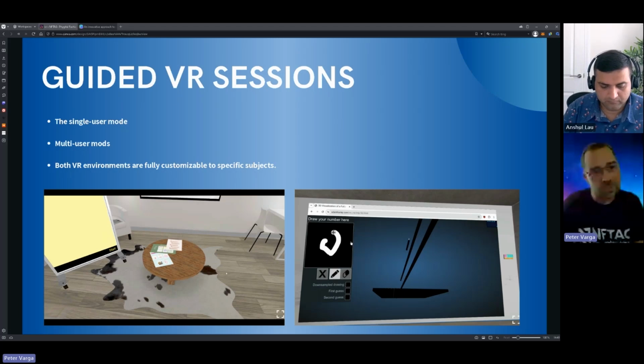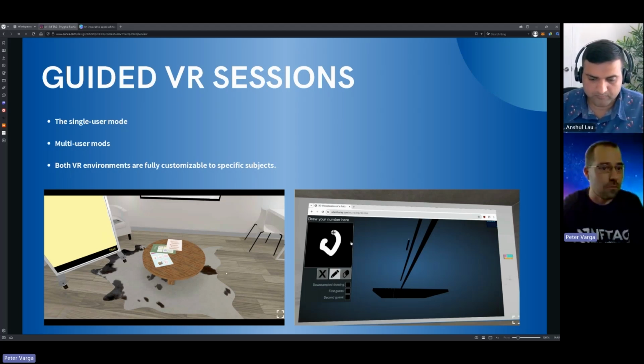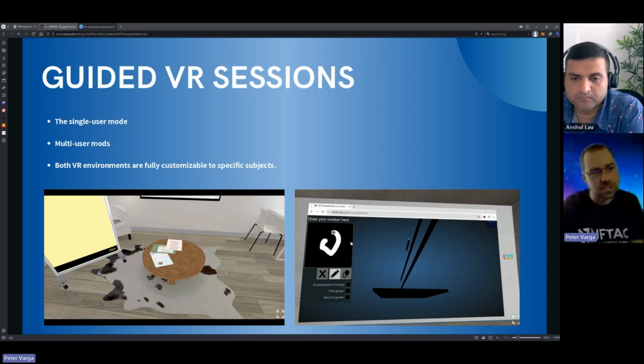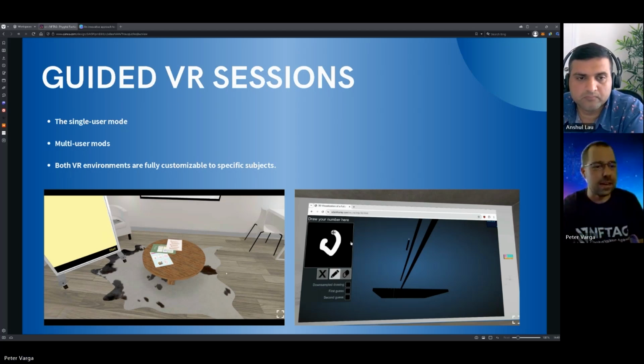So the multi-user mode is a little bit more complex. It's like a collaborative office with a TV screen and 3D objects, which can easily be replaced anytime. The user can choose the name and the avatar, so we can identify each other easily during the session. And please note, the first participant needs to host, and then others can join, like Microsoft Teams or a Zoom meeting, working in a similar way.